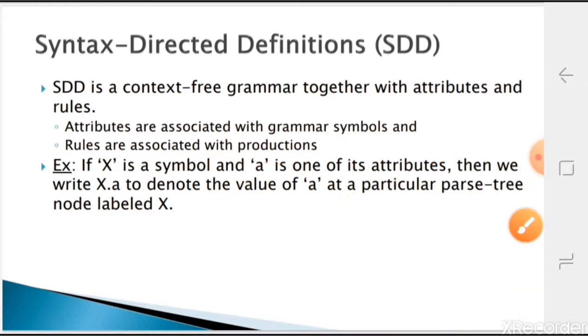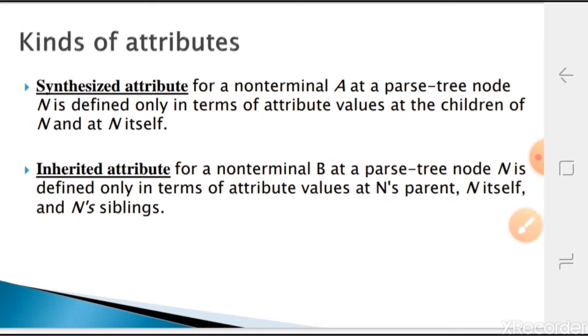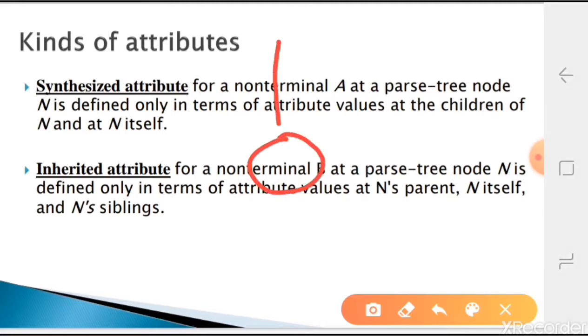Before going for that, we'll study the kinds of attributes. There are two different kinds of attributes, depending on how we evaluate the attribute value. For example, suppose I have one parse tree and one node, a grammar symbol, say X, with X.a as an attribute.